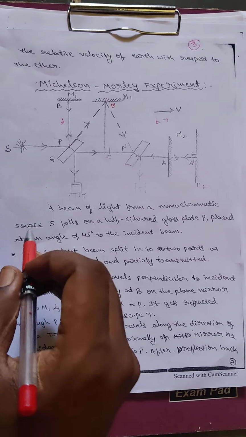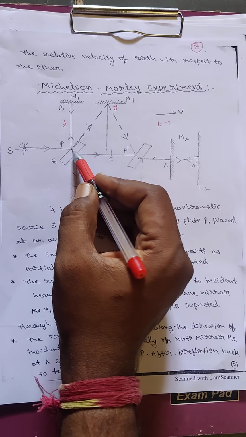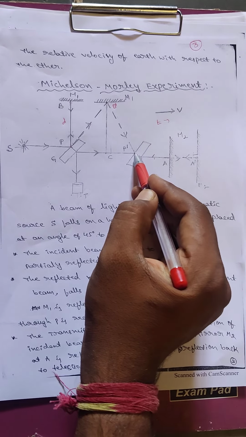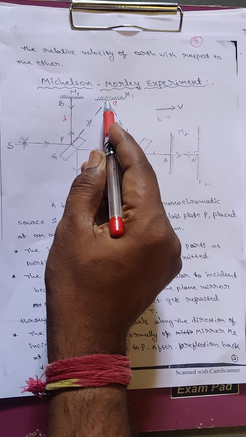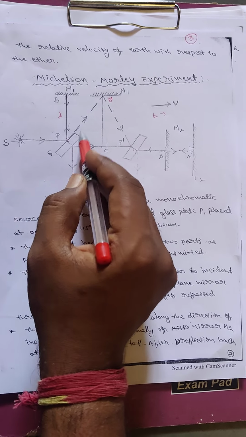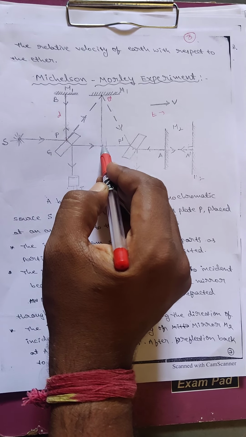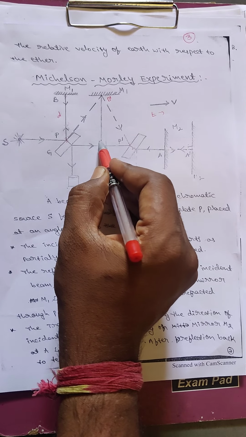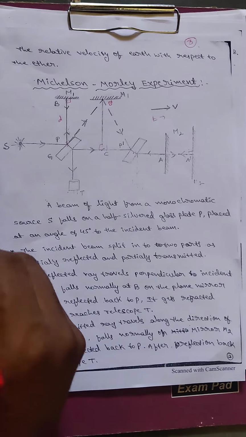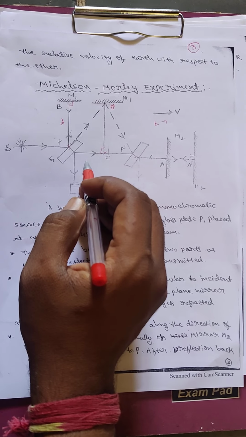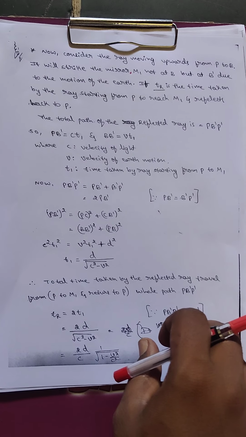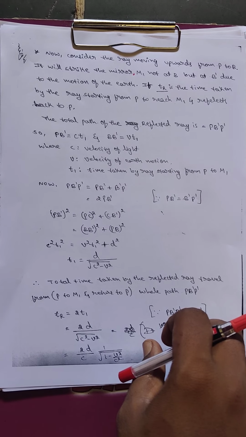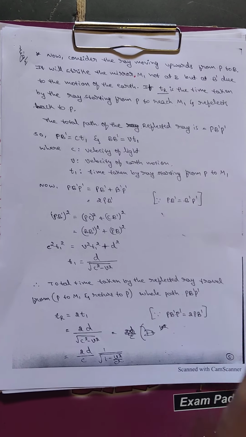Before going to our derivation, see here P, B dash, P dash is one triangle, and P, B, B dash is another triangle. The adjacent side P, B dash, C is also a triangle. With 90 degrees, 90 degrees, for these triangles we can apply the Pythagoras theorem. We already know that from our high school classes. Now let us move on to the derivation. First we consider the reflected ray, and after calculating that, we go for the transmitted ray.